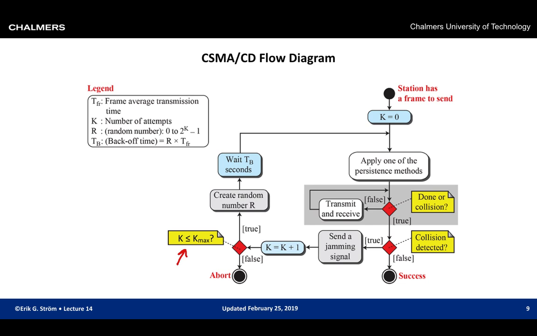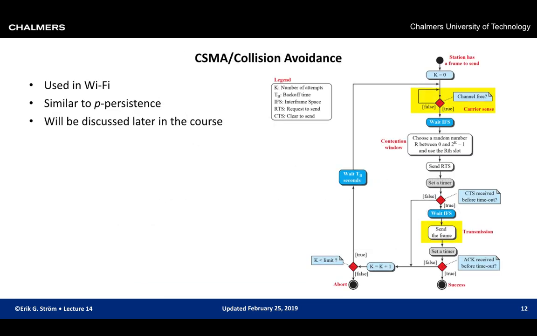Basically, when k is less than k max, we go up here because this is true, and we go another round. Otherwise we abort. So thanks for spotting that mistake. That's actually not in the book, it's myself that put that in, so I cannot blame the author in this case. All right,